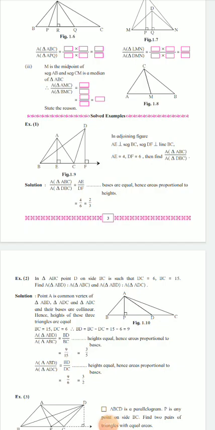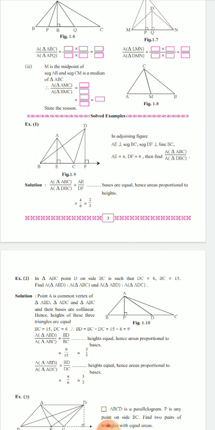As per the property we have studied in the section above, we have to write the ratio of the area of triangle ABC to the area of triangle DBC, which is equal to, as the bases are the same and we need not write the base, the ratio of their corresponding heights. So I write equal to AE upon DF, and both values are given. AE is 4 units and DF is 6 units.